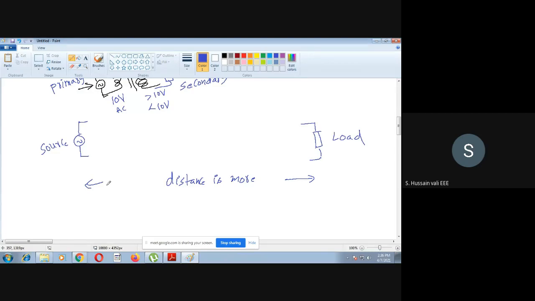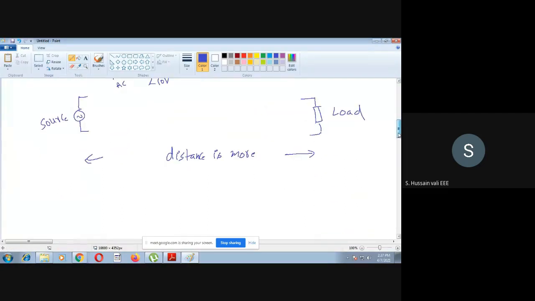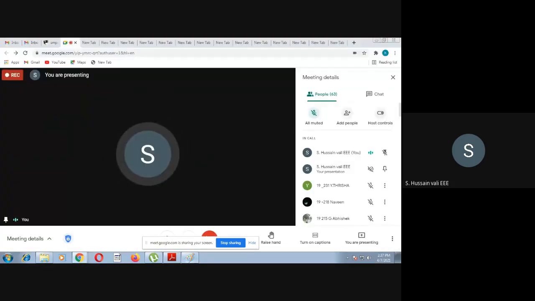This is possible only in case of the AC power system. It is not possible in case of the DC power system, because if you locate the load and source at very far distances, the efficiency becomes very low. That's the problem you will face, but that problem will not be there in the AC power system. How it is possible is by using this first advantage of the transformer, that it changes the voltage level. I will explain it now.